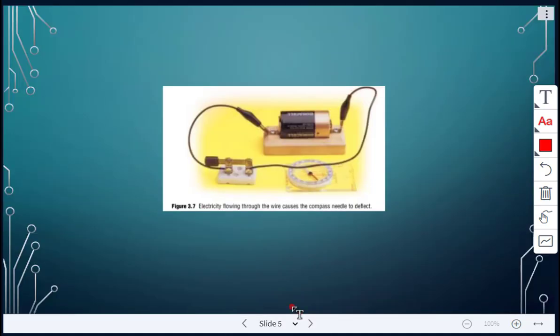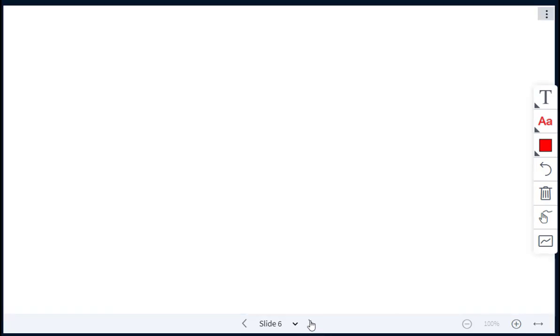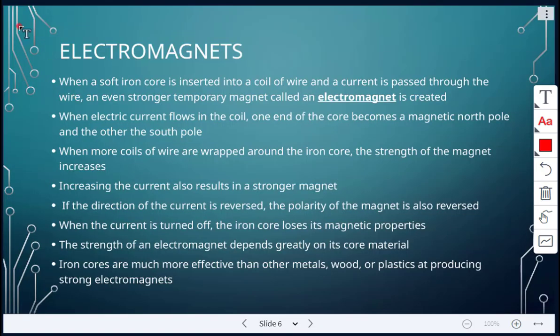So that's electricity to magnetism. Here in this setup, we have our battery connected to a switch, and here we have the compass. When there's electricity flowing through this wire, it causes the compass needle to deflect, turn or move. So that leads us to